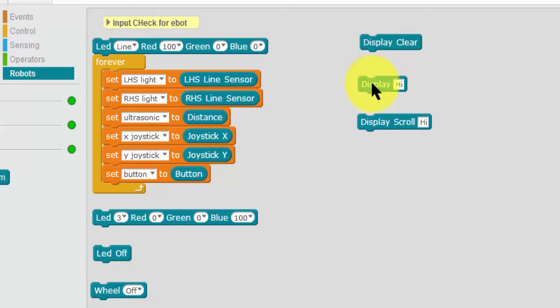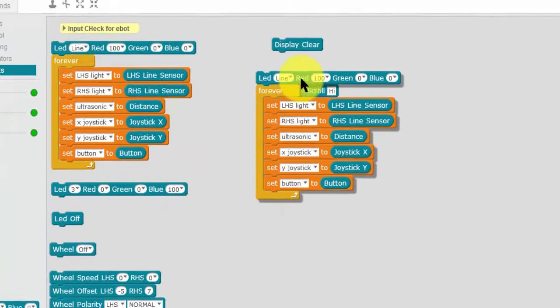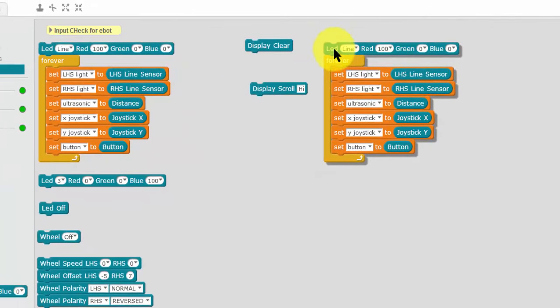So let's just do the scroll, so we're not going to use that. Okay, so we're going to sequentially do these. So we might copy this segment, and pop it over there,